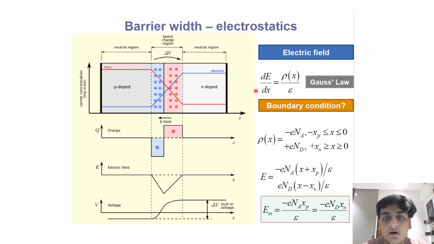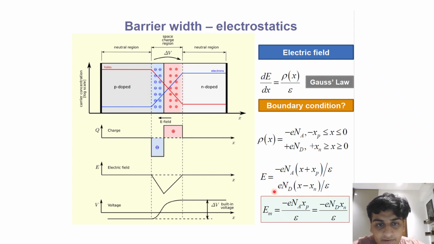Cool. So I've presented Gauss's law over here, which relates this dE by dx to this charge density. This is called the differential form of Gauss's law. If you are familiar with the integral form, you can look up on the internet how to go from one form to the other. But this is the differential form, and we are just going to apply this equation to write this expression for this electric field, which is essentially this,